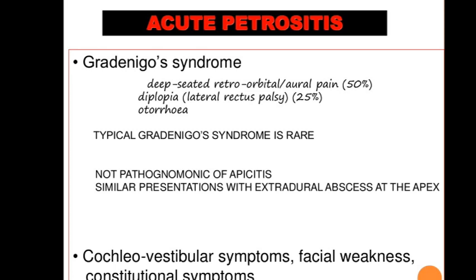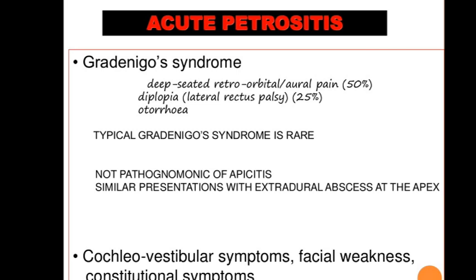Acute petrositis presents clinically with 3 cardinal features, and this syndrome is very, very important. Please remember this name, Gradenigo syndrome, with 3 cardinal features. That is why I said anatomy of the petrous apex is very important. What are the 3 features? First is otorrhea. Obviously the patient is a patient of CSOM, so otorrhea. No effort in remembering one feature of Gradenigo syndrome.